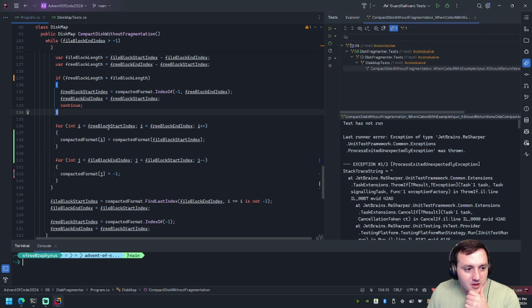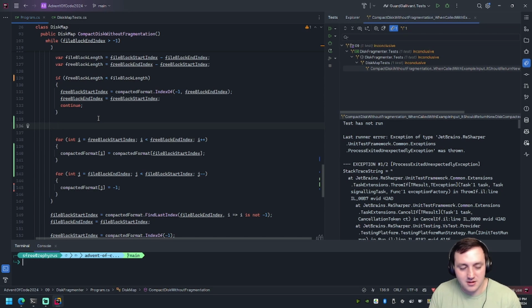So we don't want to do this loop the same number of times as the free block's length. Like in this case, we only want to do it twice. So we need to